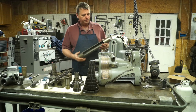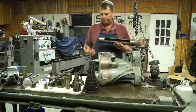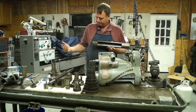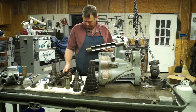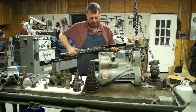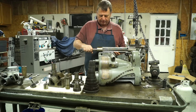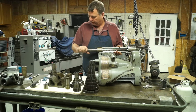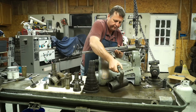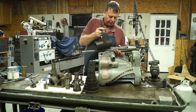In the last video, one of the things we were looking at was this sleeve right here. And what this sleeve does is it's part of your gear selector on your quick change. Inside this sleeve we had this gear. Okay? And the way this gear worked was, this housing here, y'all remember, it fit inside there, and this was your selector, and it slid across the top of this